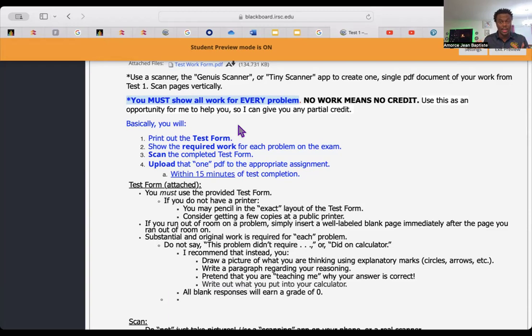And if the question does not require work, I know it. And when I know it, if really the question does not require work, you can write on this, because the test form needs to be printed on your test day, so you show work for each number. It's not on notebook. You don't have access to your notebook, by the way. You don't have access to your notes during the test.